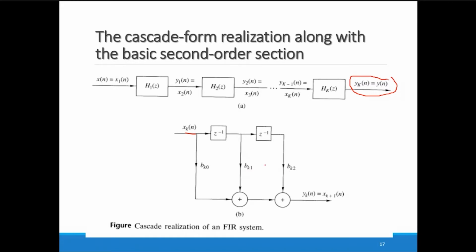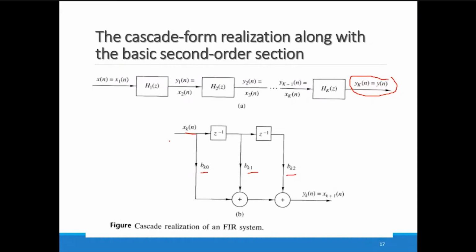Okay, why the terms up to 2 only? Because we divide the equation into second order sections. Here m represents the order of the section. So here we divide that particular filter into m minus 1. So total is k0, k1 and k2. Here m is equal to 3. So m minus 1 is nothing but the order of the filter. So this is a second order section.